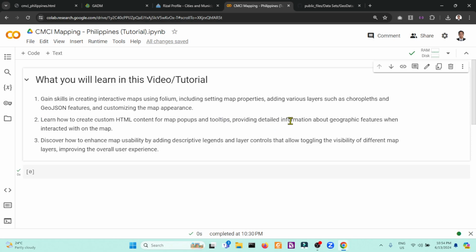I will provide the detailed information about the geographic features when interacted with on a map, which in this case is the Philippines. You'll also discover how to enhance the map usability by adding descriptive legends and layer controls that allow toggling the visibility of different map layers, which improves the overall experience.